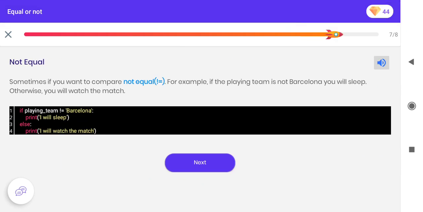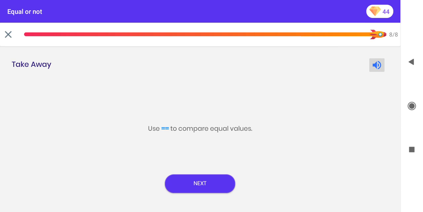Sometimes if you want to compare not equal, use the not equal sign. For example, if the playing team is not Barcelona, you will sleep. Otherwise, you will watch the match. There is a code block. Look at use equals equals to